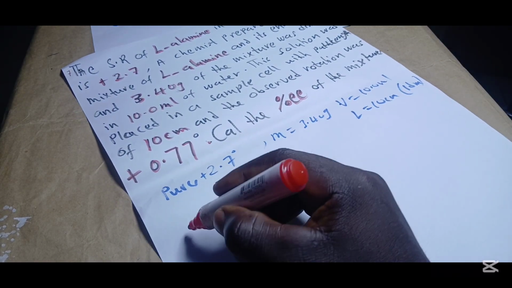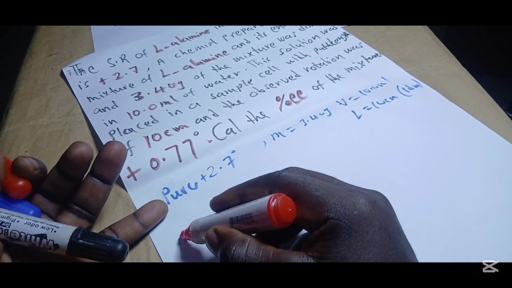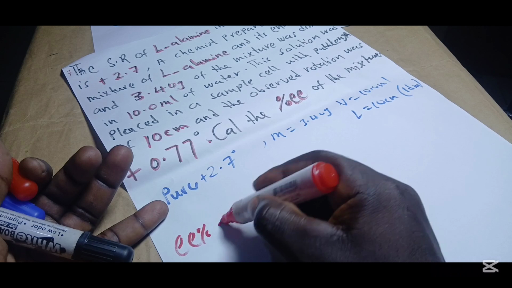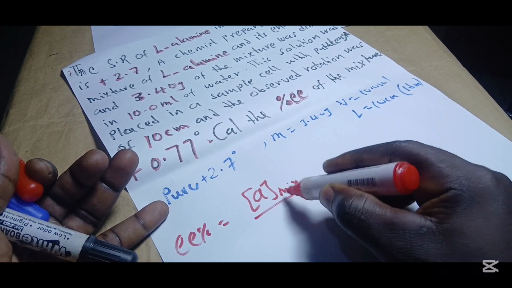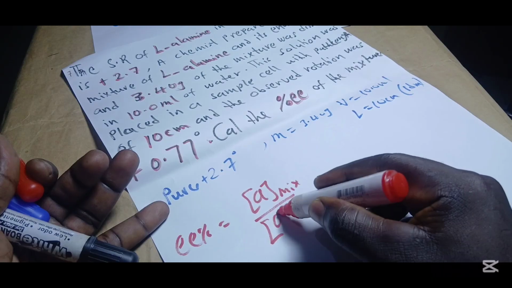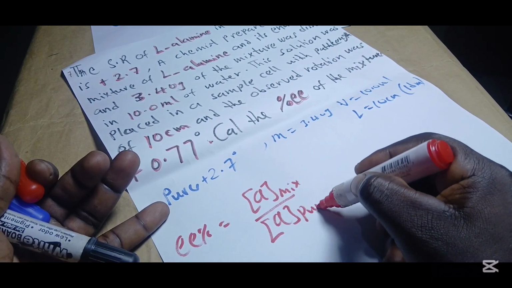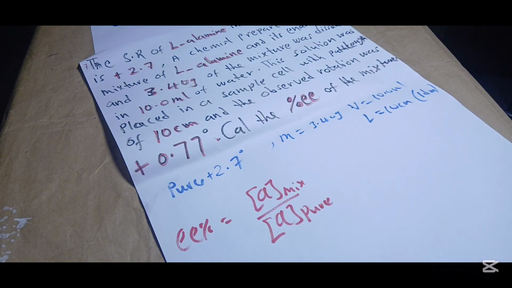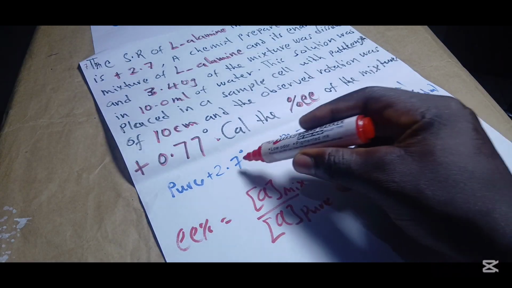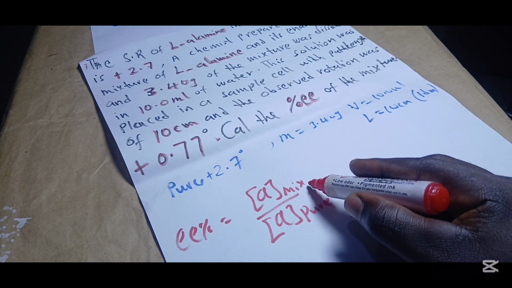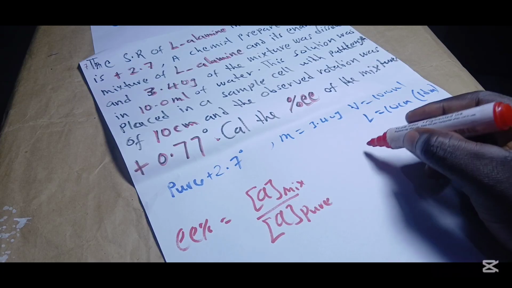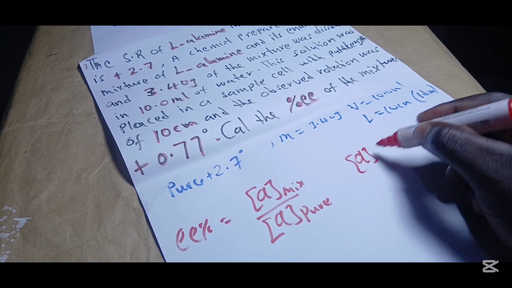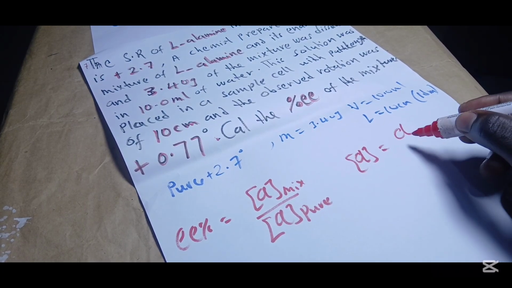So we know that enantiomeric excess equals specific rotation of mixture over specific rotation of the pure sample. In this case, we know that of the pure sample to be 2.7, but we don't know that of the mixture. So calculating that of the mixture, we know that specific rotation equals observed rotation